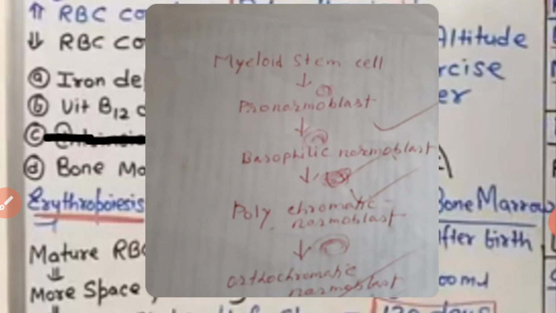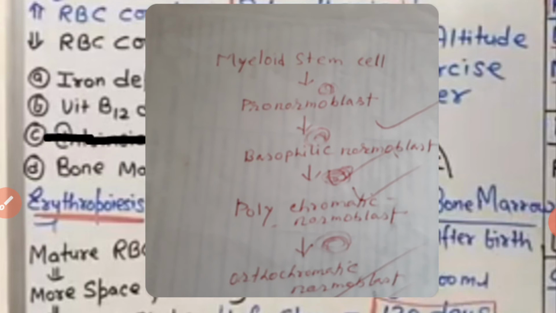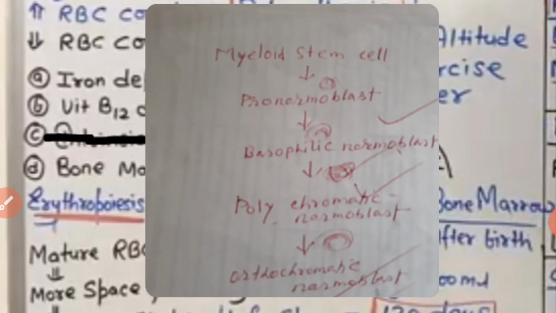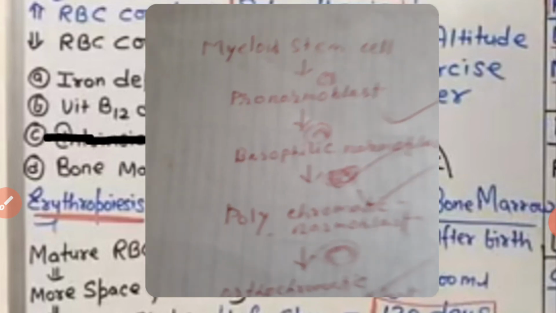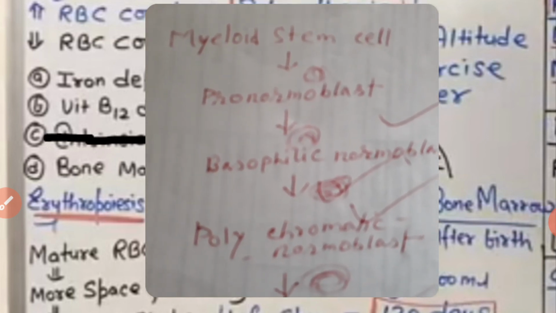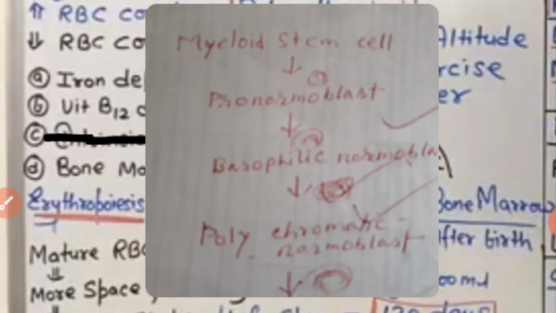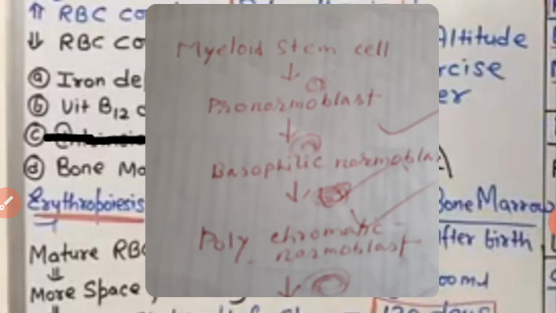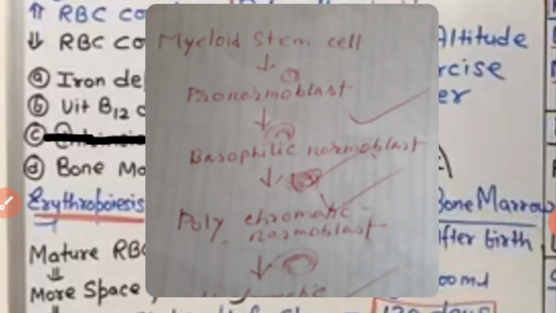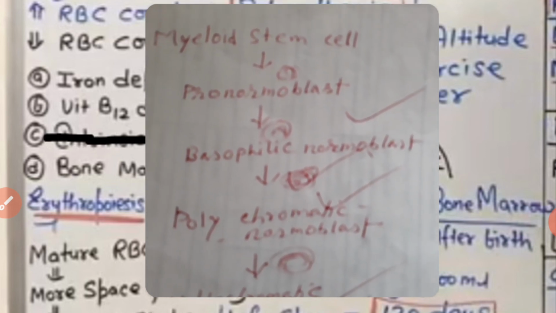These hemopoietic stem cells are myeloid stem cells. This myeloid stem cell proliferates to produce a pro-normoblast cell. This pro-normoblast cell further proliferates to produce a basophilic normoblast cell,